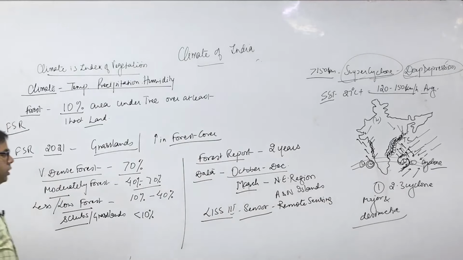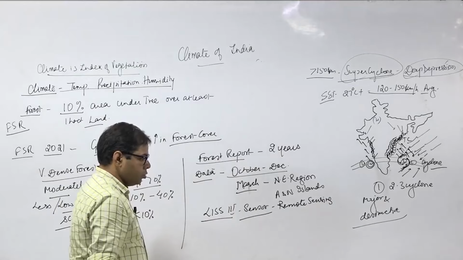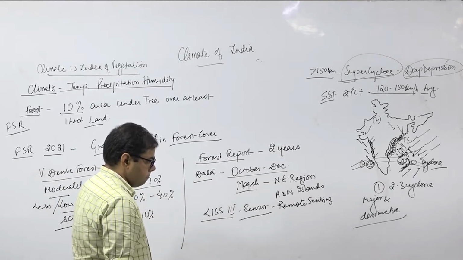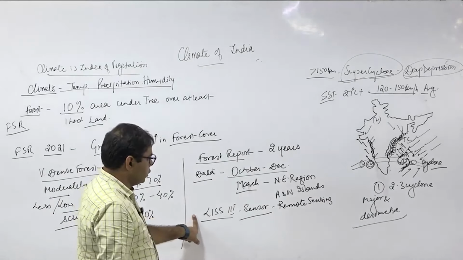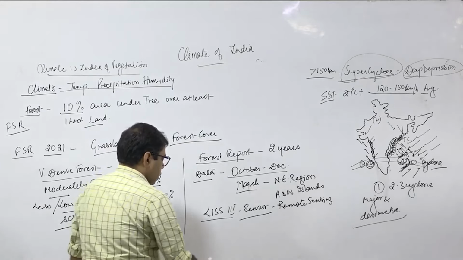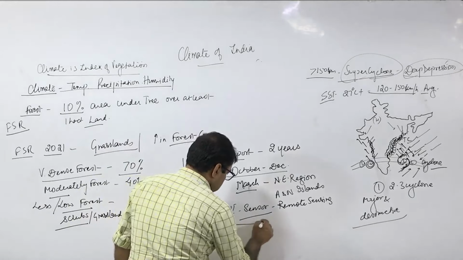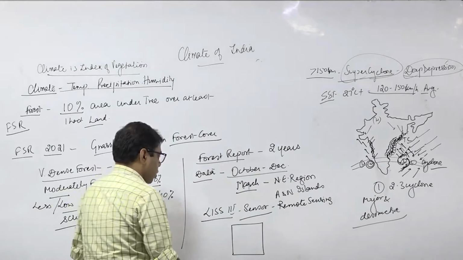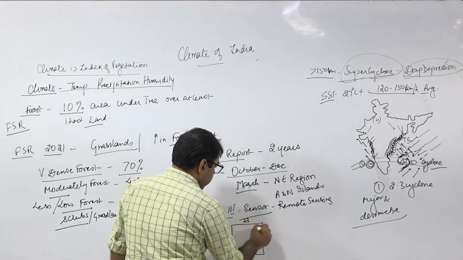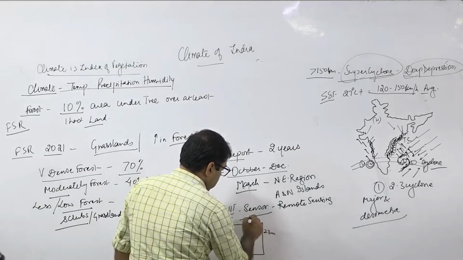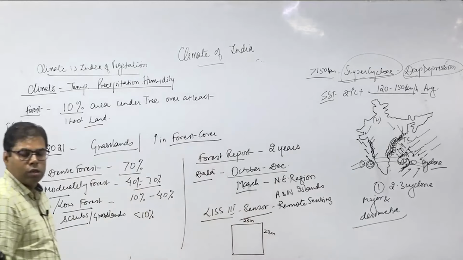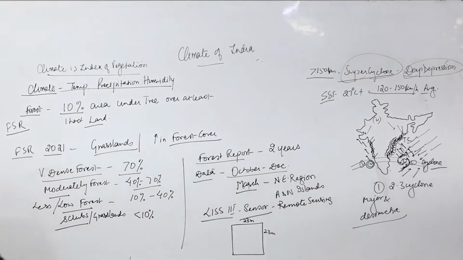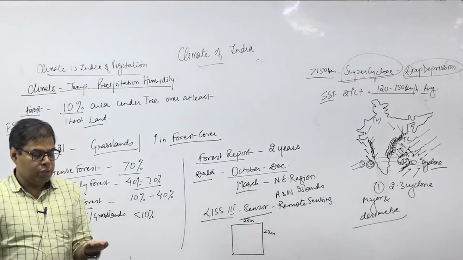This is a high resolution sensor with a resolution of about 23 meter by 23 meter. Understood? 23 meter by 23 meter means when the satellite comes over a place, over a surface, it collects a picture